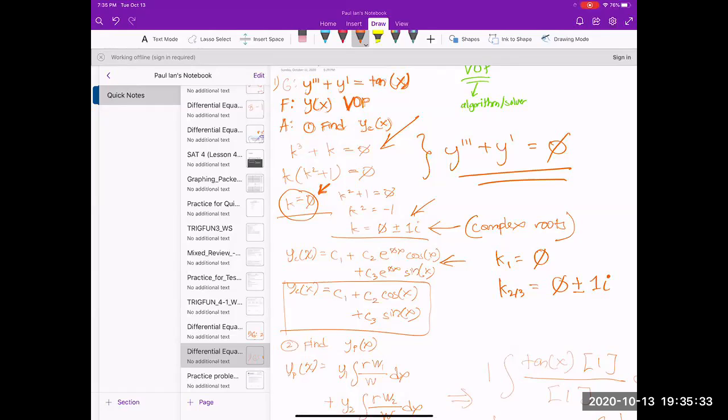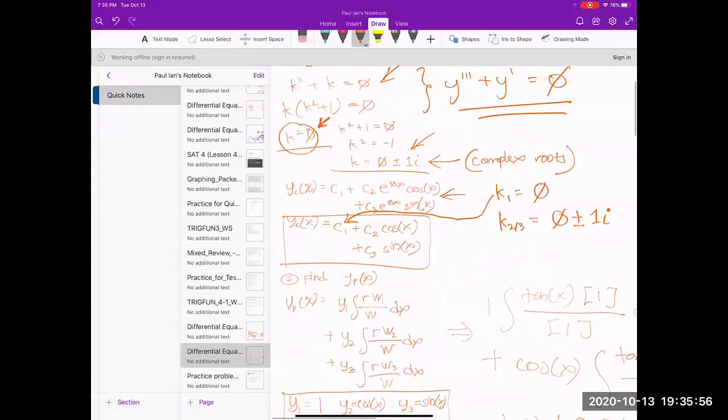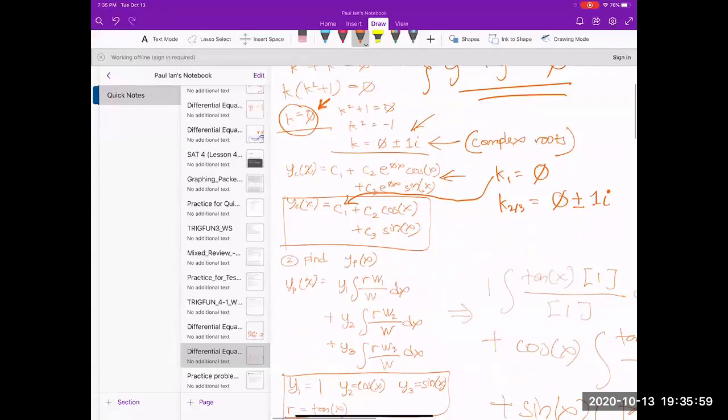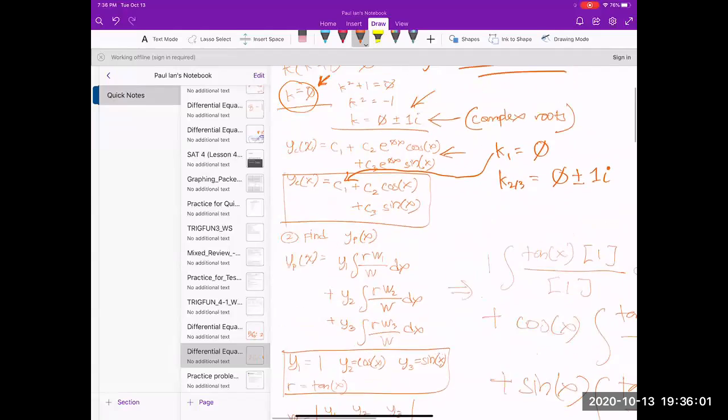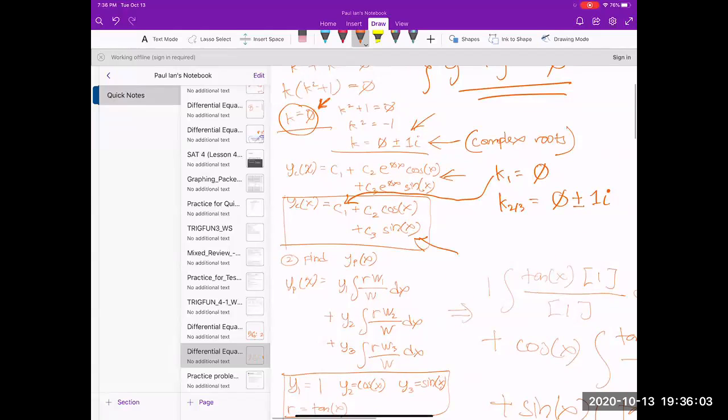Okay, so we get 2 answers. That makes sense, and this 0, 1 is for this guy. Sometimes when you go over a second order, you have to combine the 3 things that we talked about: the repeated roots, distinct roots, and then the complex roots. All right, so after you do that, you get this guy. That's good. The second thing is,